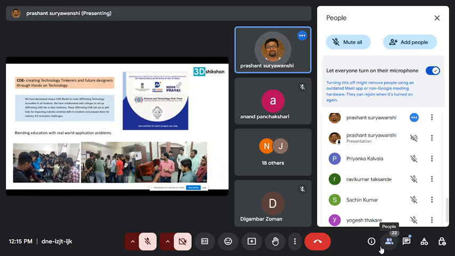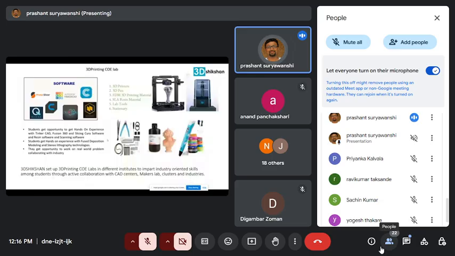As you can see, these are some local colleges. This is our COE lab setup. In this journey we are also collaborating with DST Prayashala, the science and technology park, which gives certification for the course. What we are doing here is blending real-world problems with academia. There are different software one can use, like Photon, which is resin based.